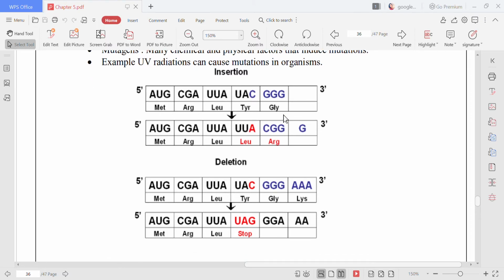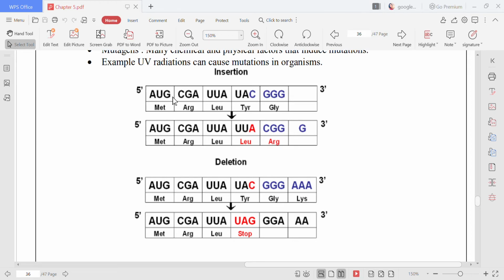Now children, these changes occur due to some insertion or deletion of base pairs. You will understand this very clearly when we do the structure of the DNA, but still, just to have a clear explanation on this topic, let me tell you that in our DNA, we have genetic codes. Each genetic code is made of three base pairs. These are the base pairs: A, U, G, C, G, A. Each coding is a collection of three base pairs.